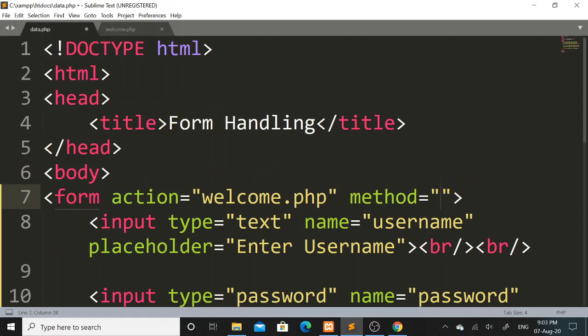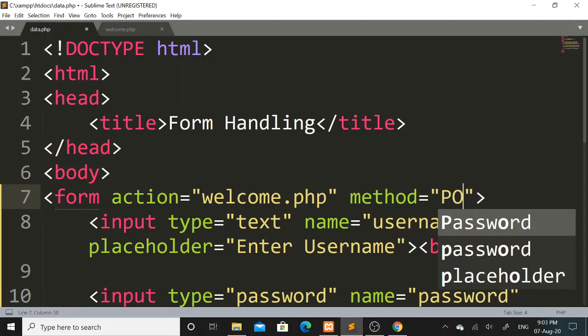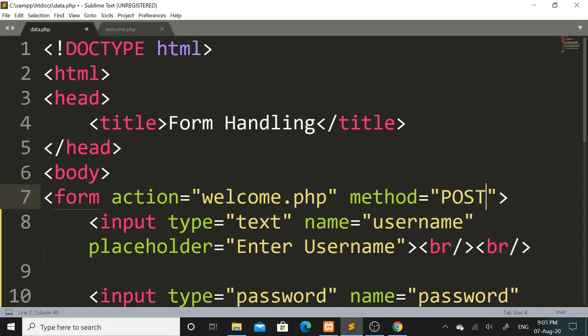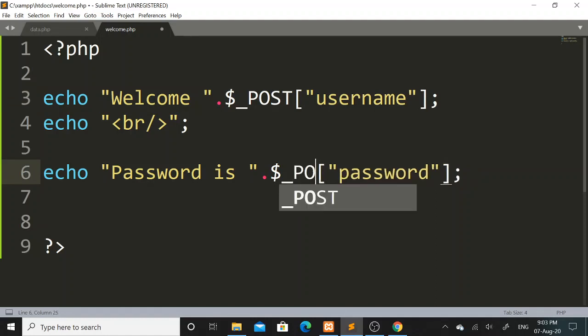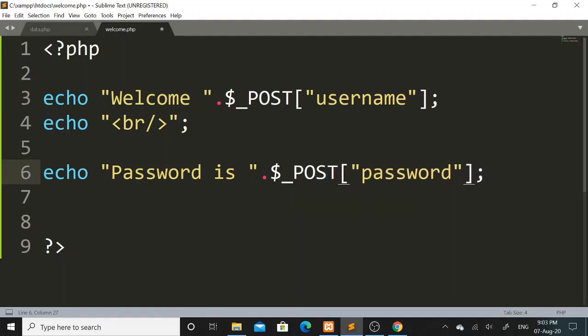For example, here instead of get, I will again set the method as post, and again in welcome.php, instead of the get variable, I will mention the post variable. I will save this file.